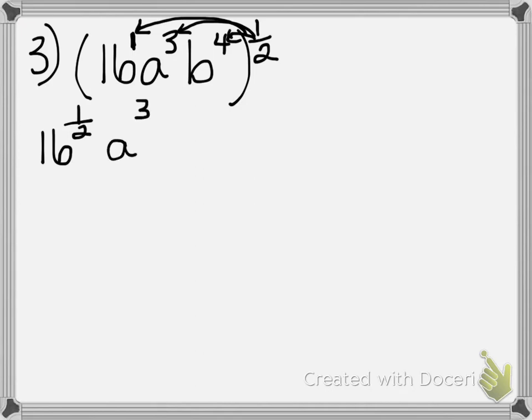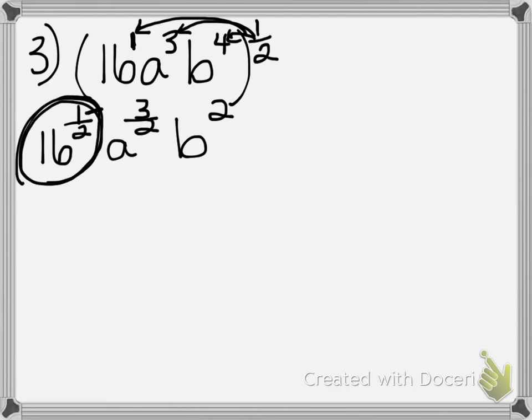a to the 3/2 power, because 3 over 1 times 1 over 2 is 3 over 2. And then b to the 2nd power, because 4 over 1 times 1 over 2 gives me 2. So now what I need to do, this is not quite in simplest form because I can handle this, okay? Remember that